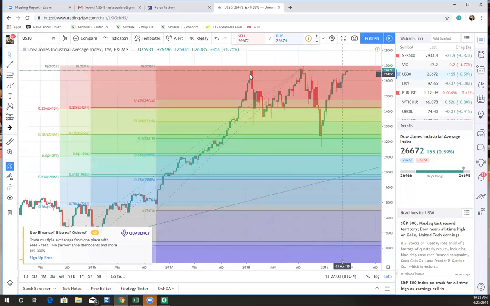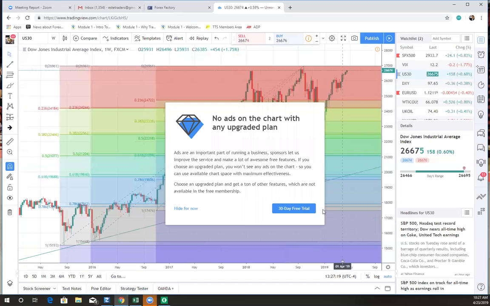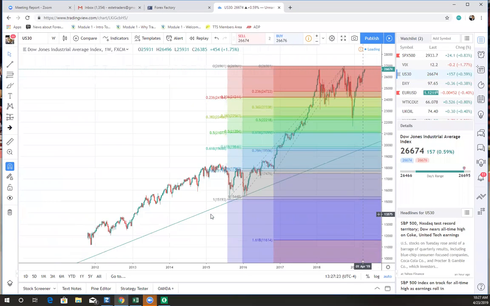If price breaks through, say, from a tertiary, then it has to come back down to the secondary. If it breaks through the secondary, it has to go to primary. If the primary gets broken, then that's where you're in trouble, because that's where price on a bigger scale of things. So, for example, this one,